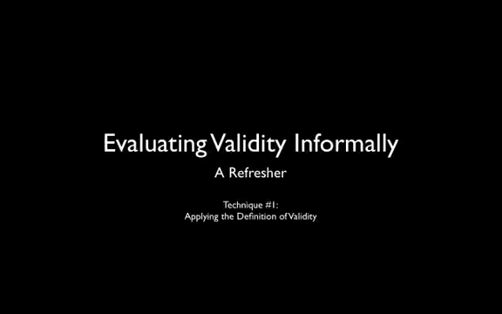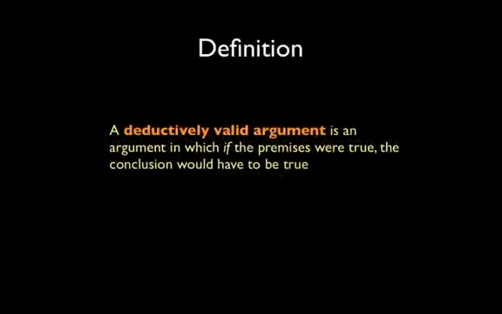This is the first of 3 informal techniques for assessing the validity of deductive arguments that we will review. This first technique consists simply of applying the definition of validity. By definition, a deductively valid argument is an argument in which if the premises were true, the conclusion would have